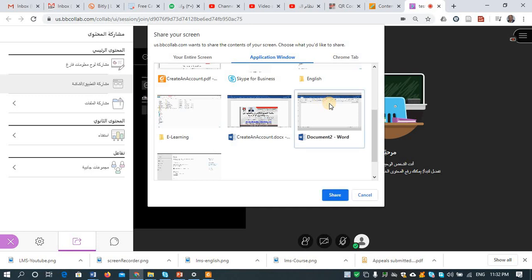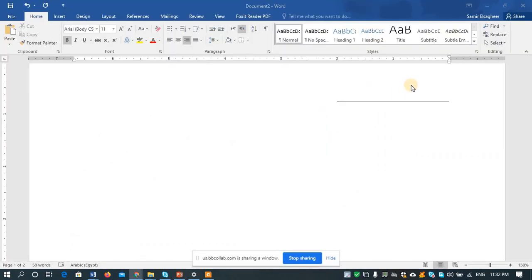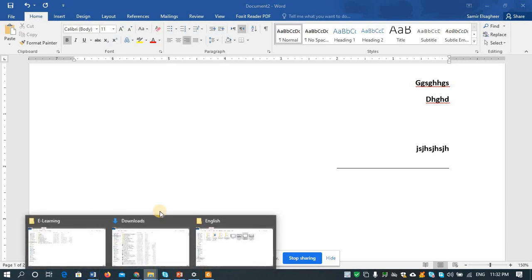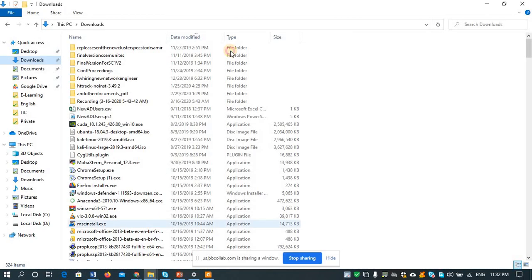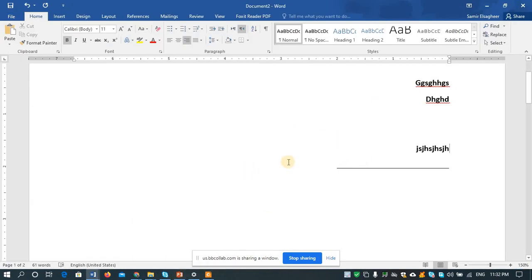If I would like to share Microsoft Word, what I am typing or reading here, students are seeing only this file. If I switch to another application, students cannot see it. They can see only Microsoft Word. Once I'm done with this, I should